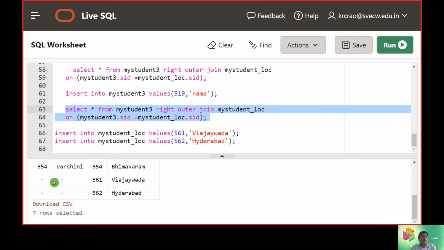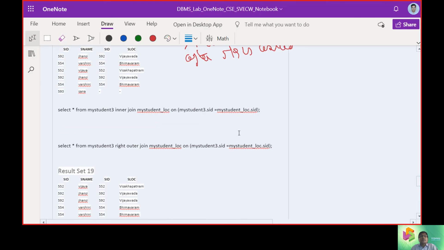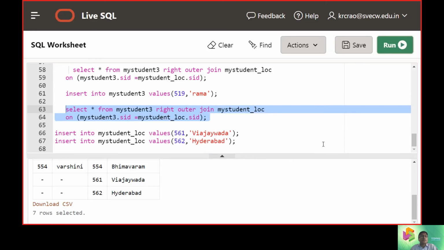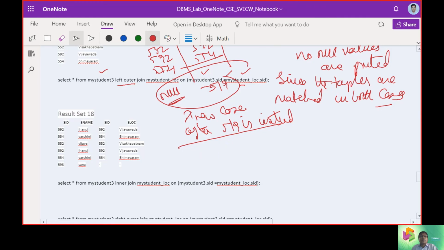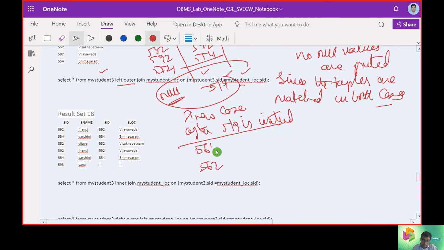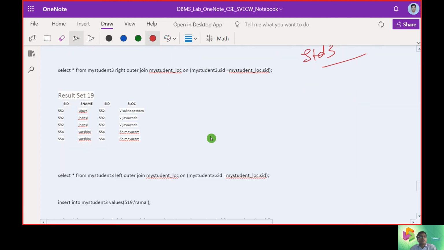Now you can see the right outer join is shown at this point. The example is now improved with two cases, 561 and 562. These are null because 561 and 562 are in my student location, not in student 3. So that's the reason we got this answer.